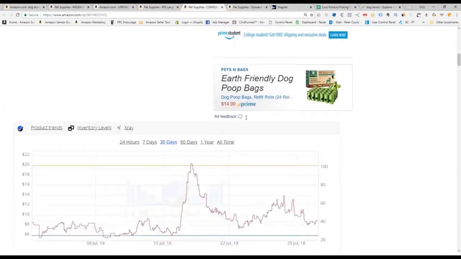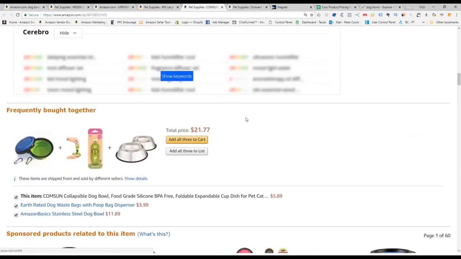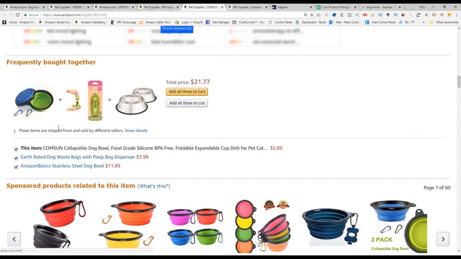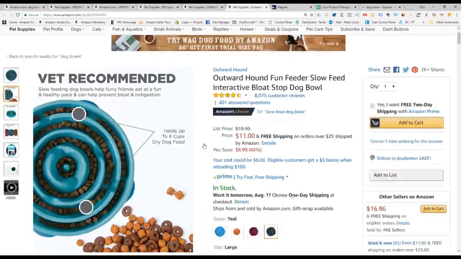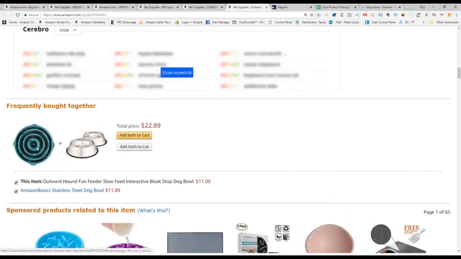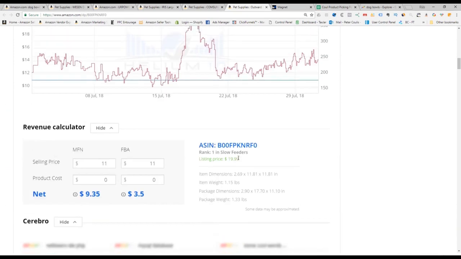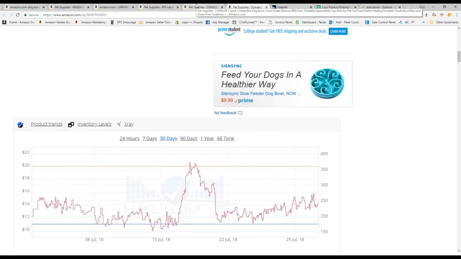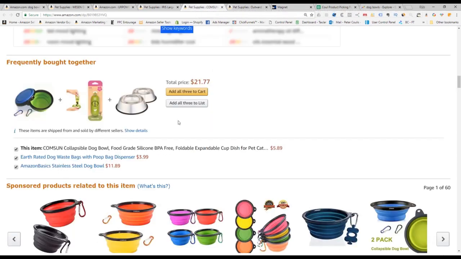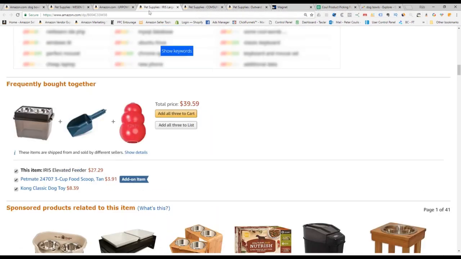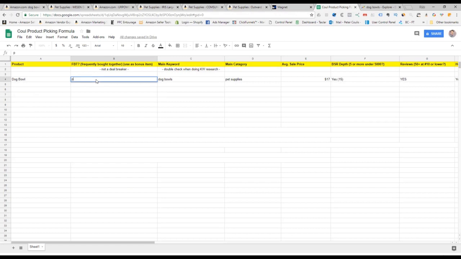Let's check out this guy. Poop bags. And he's got metal dog bowls. Remember, so it's kind of the opposite. And let's check out this guy. So a lot of bowls seem to be being purchased together with each other. I guess people just can't really decide which design bowl they like. But just off the surface, and again, you can analyze this for literally the top 30 if you want the clearest picture, but just off first glance, I would have poop bags, okay,